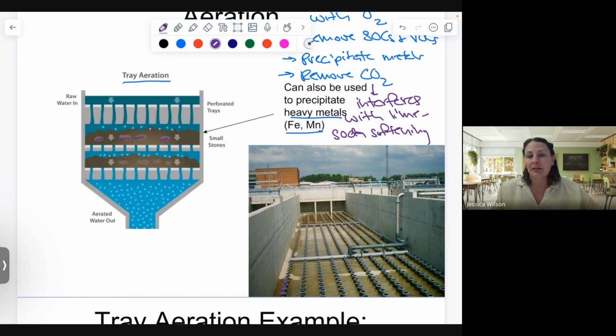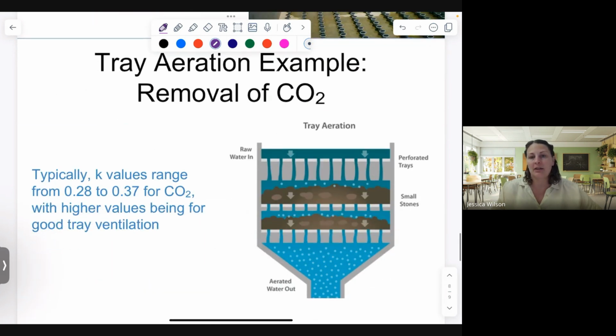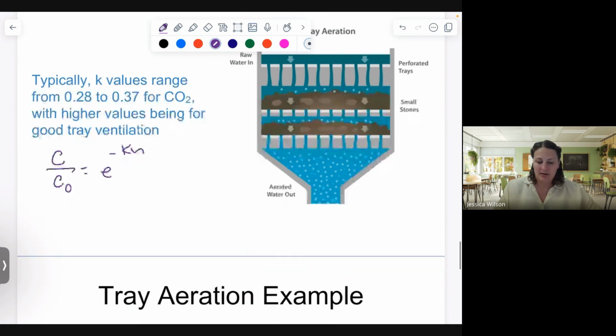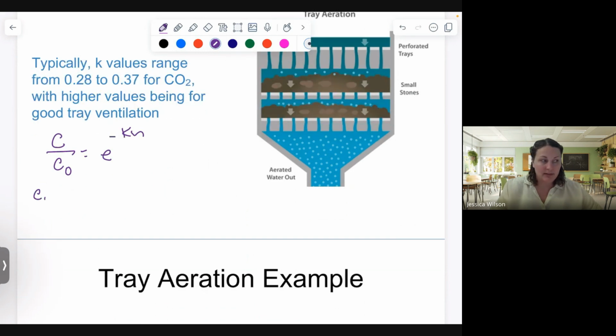Or you can actually pump oxygen into the tray aerators if you're not using these stones, and that's another way of oxygenating your water. Okay, so we're going to talk about how we design a tray aeration system for the removal of carbon dioxide. This equation is very simple, so I'll write it down here and then I'll define all of the terms. So C over C0 is e to the minus kn,